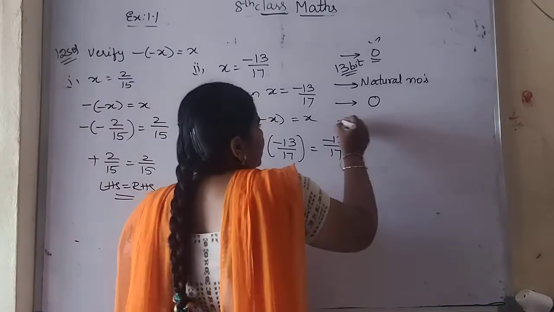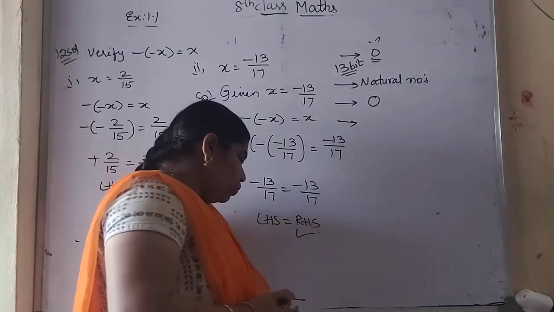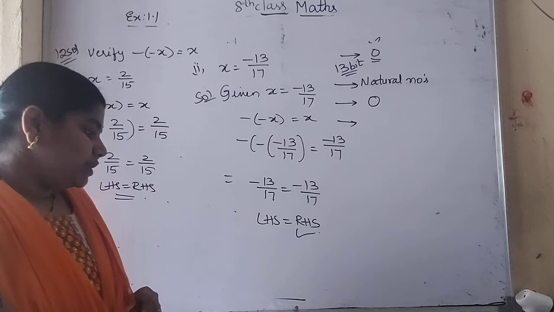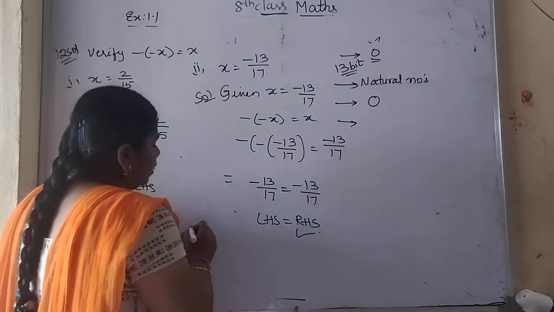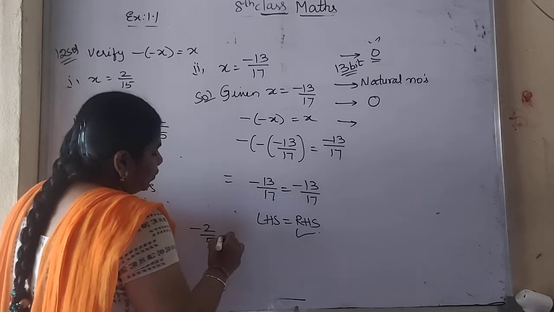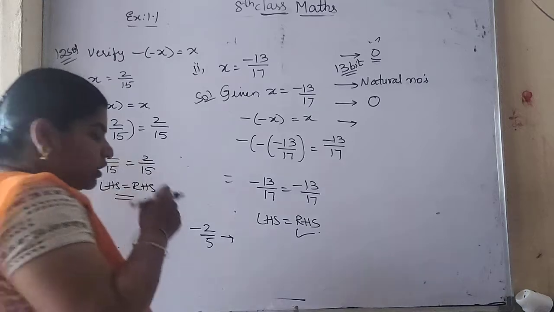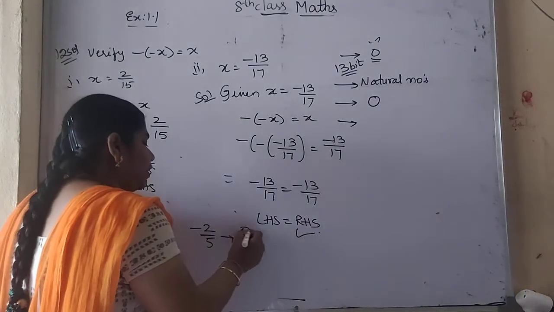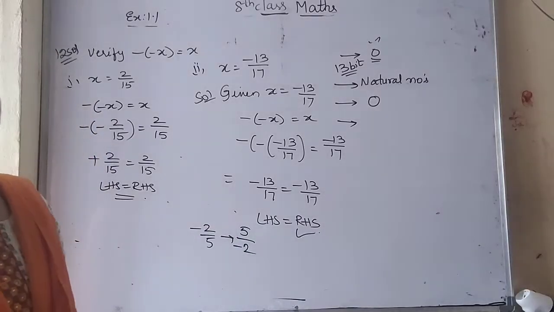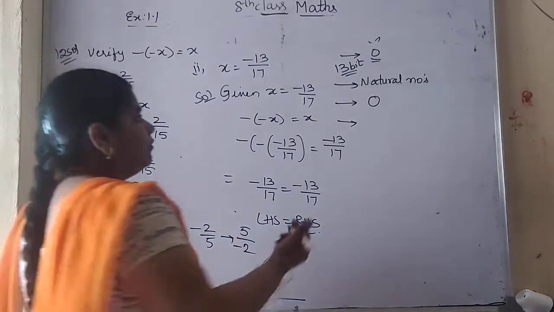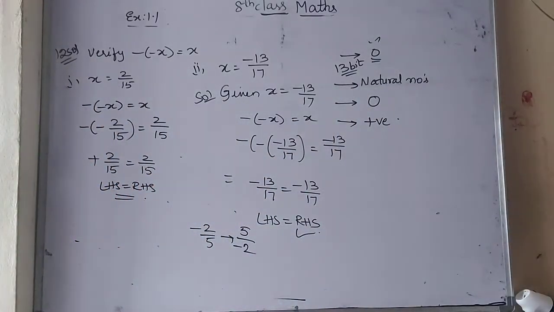Okay. So next last one is the reciprocal of a negative rational number. So what is the reciprocal of a negative rational number? If you are taking the reciprocal of any negative rational number, reciprocal is nothing but multiplicative inverse. So if you take the reciprocal of this, that will be equal to minus 5 by 2. So if you take the reciprocal also, the value is negative itself. So the answer is negative here. So this is our 13th bit.